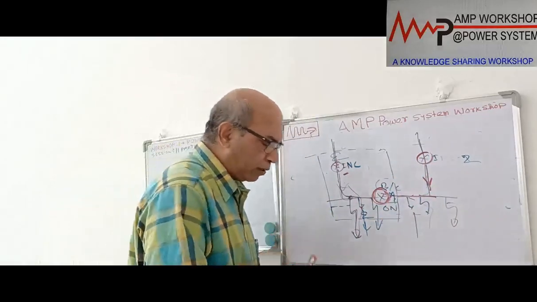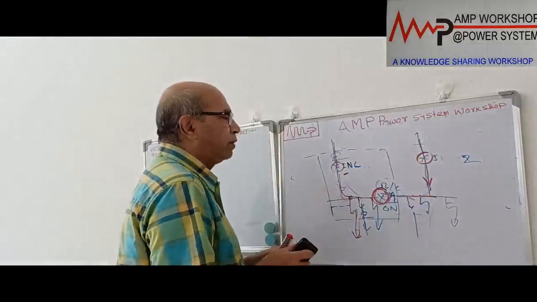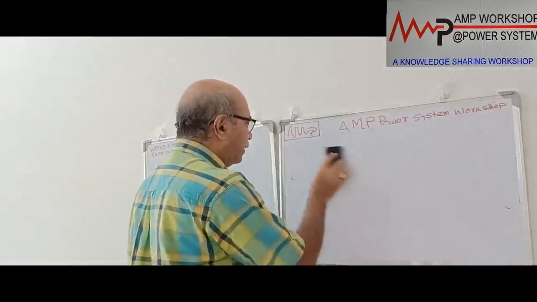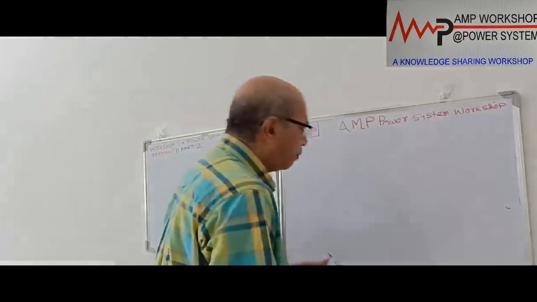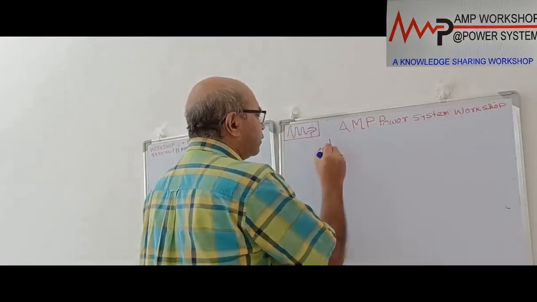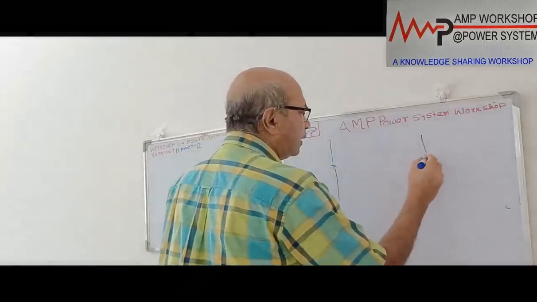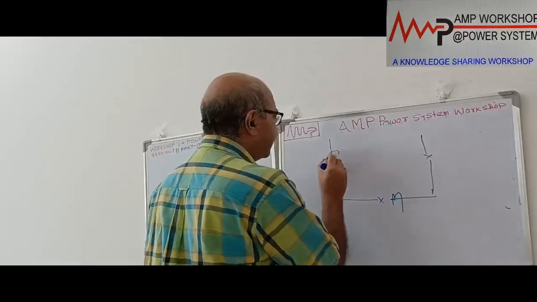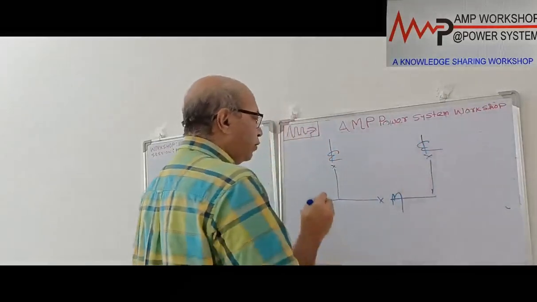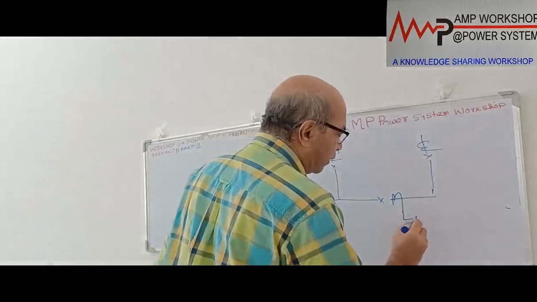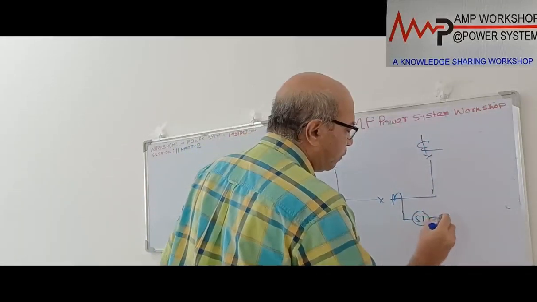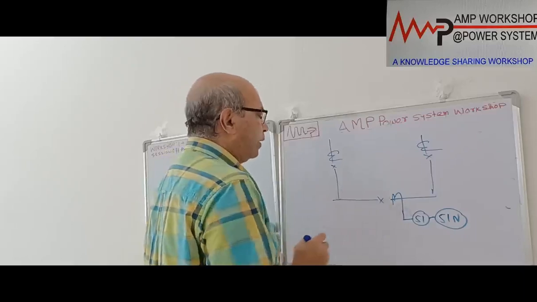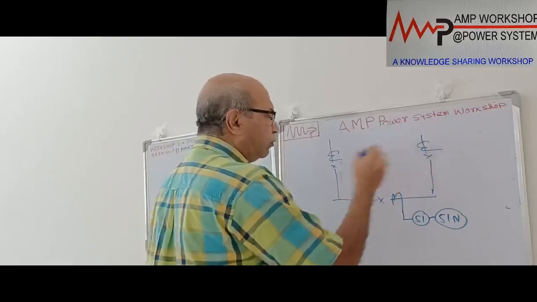So to make this protection operate this way, what do we do? We provide a normal IDMT overcurrent relay with arc fault protection. That is normal for 415 volt switchgear. This is the protection we provide for the bus fault. So this is the incomer, this is another incomer which I drew before, and this is a bus coupler. We provide a CT over here, a CT over here, and a CT over here. First we put a 51 relay and a 51N relay over here. This will protect the bus coupler. This will be common for both zone 1 and zone 2.